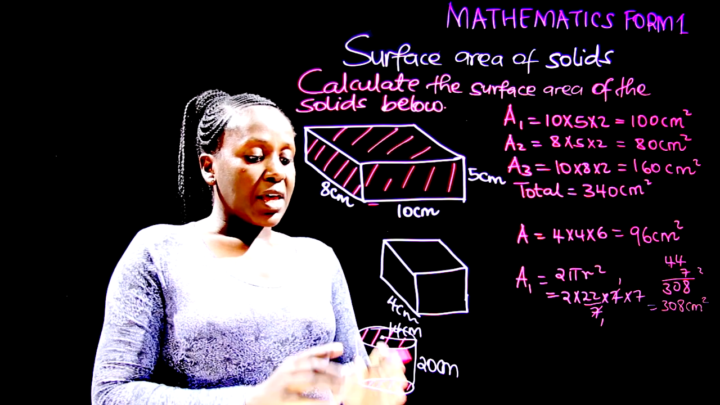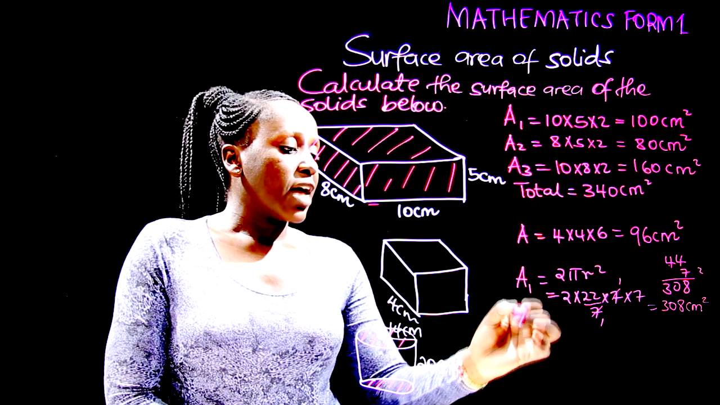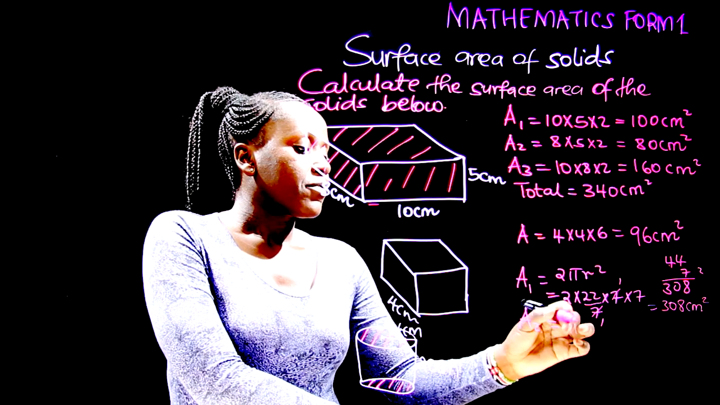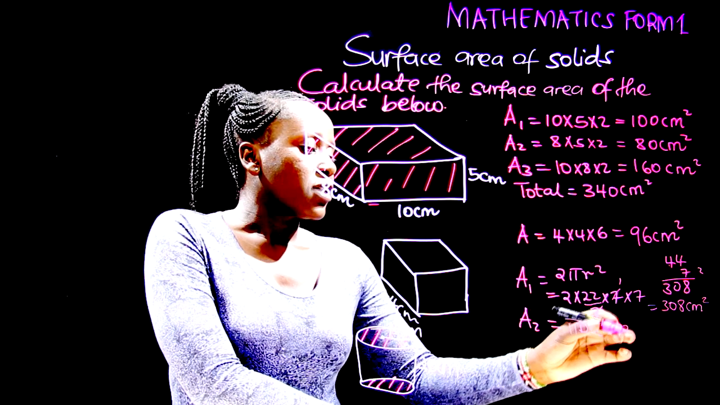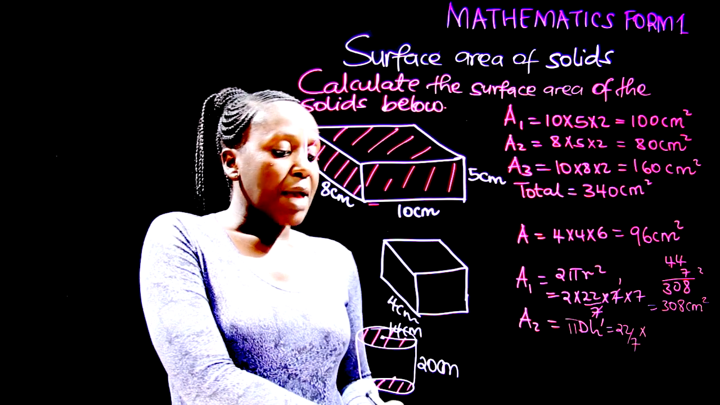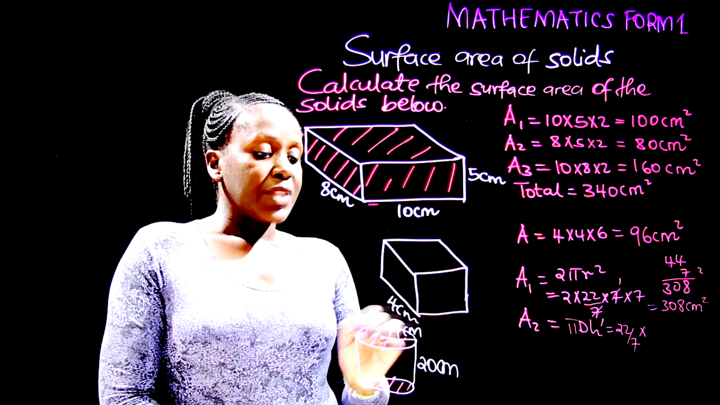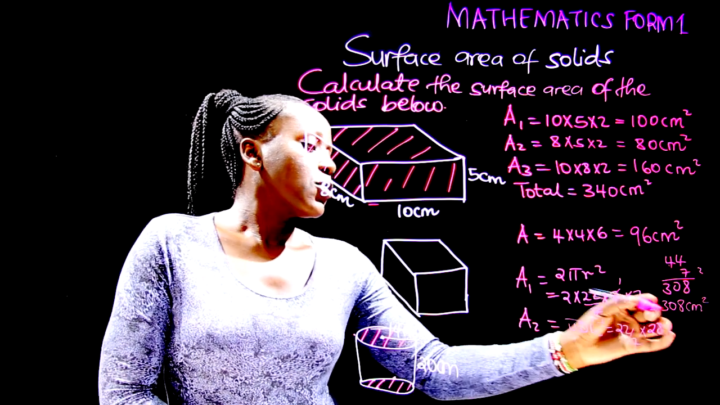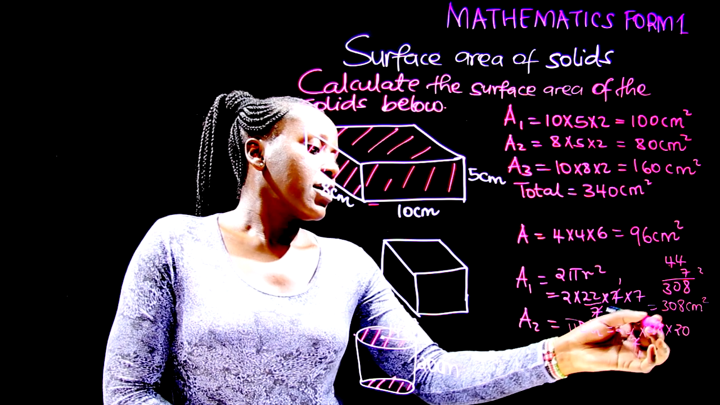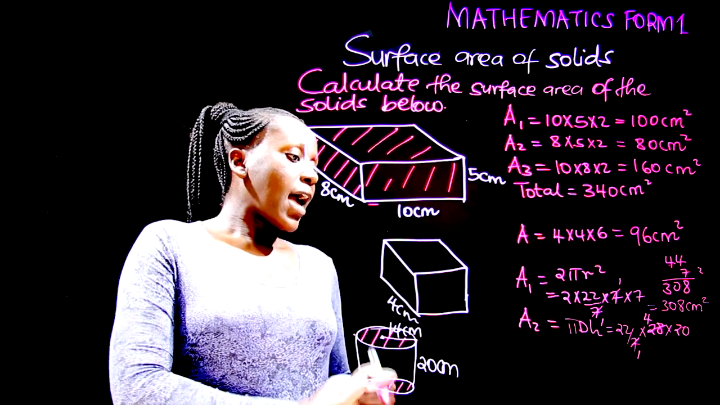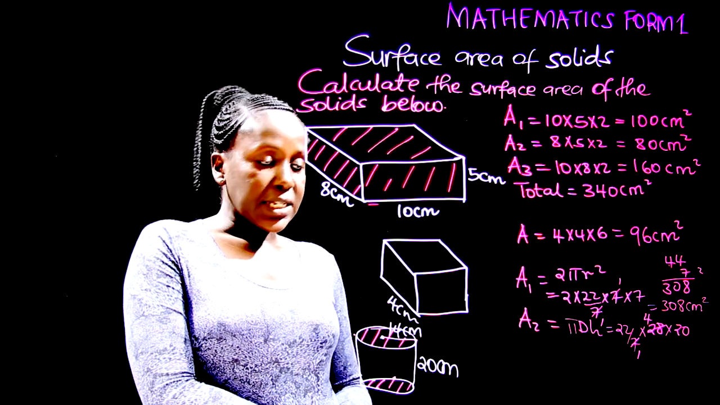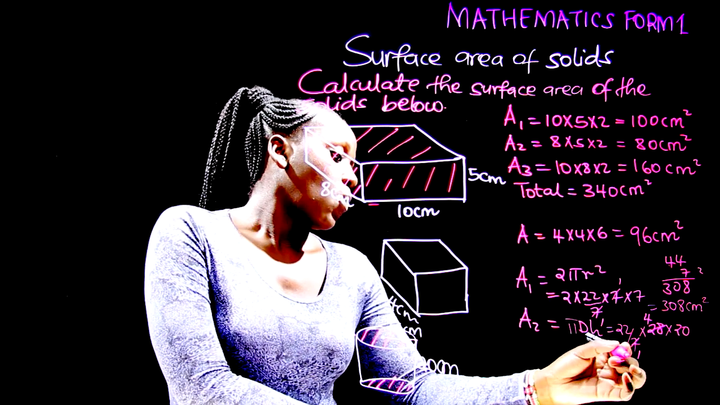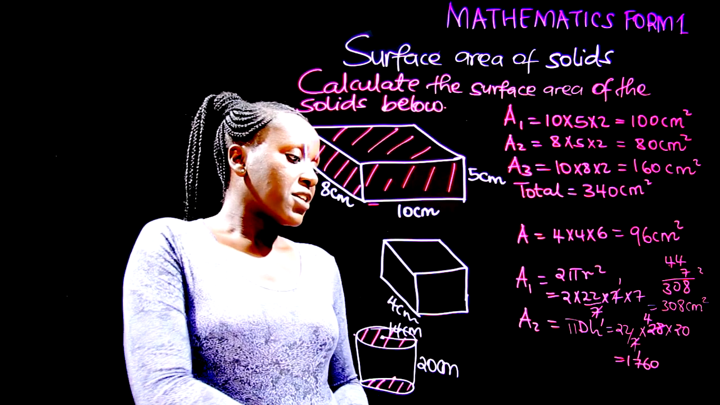Next, we are going to determine the area of the curved surface. So we call that area 2. The area of the curved surface is given by pi dh. So pi is 22 over 7 multiplied by the diameter. Now since the radius is 14, the diameter is going to be equal to 28. Then we multiply by the height, which is 20. So by 7, 1, by 7, 4. So here we have 22 times 4, which is 88. Then 88 times 20 will be equal to 1,760